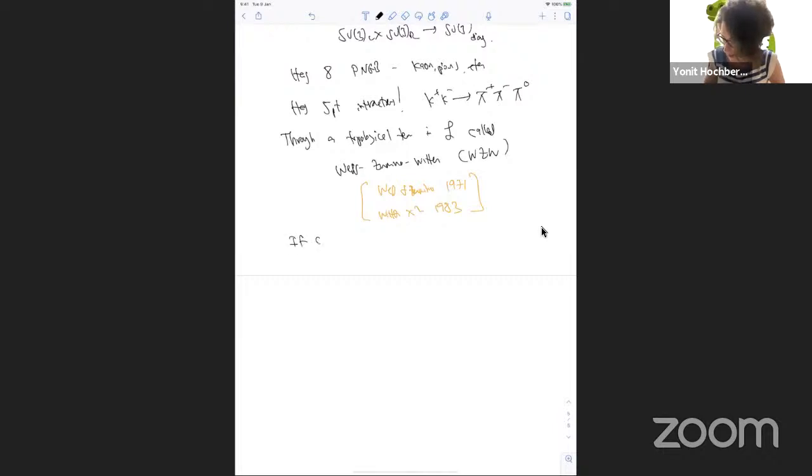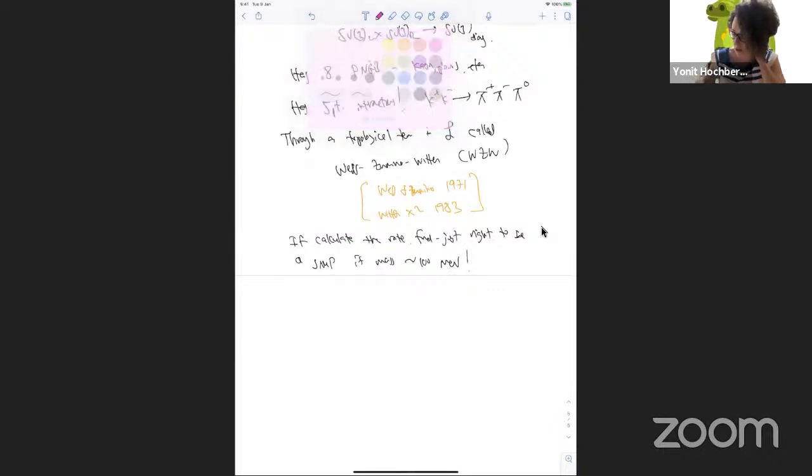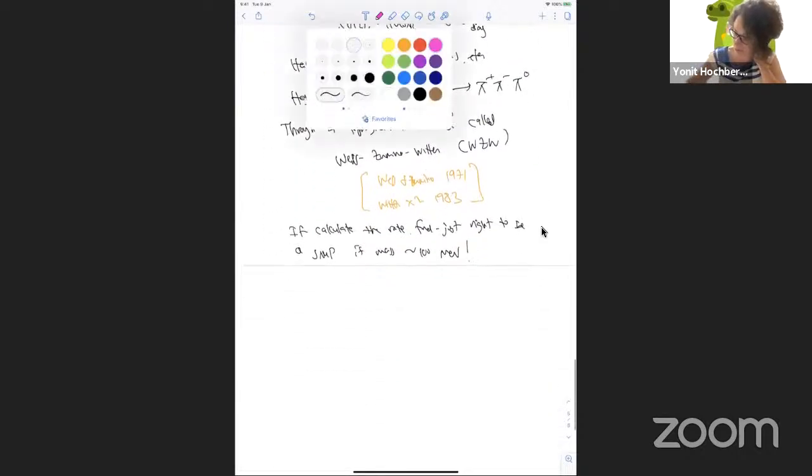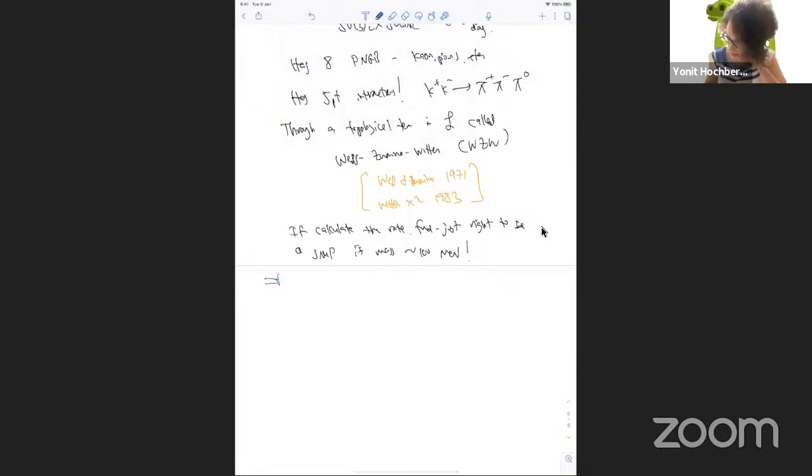So just write that out. If you calculate the rate, you'd find that it's just right to be a SIMP. In other words, you get just the right size of the cross section if the mass was of order 100 MeV. Okay, and so inspired by this,